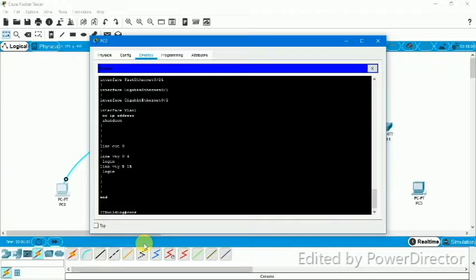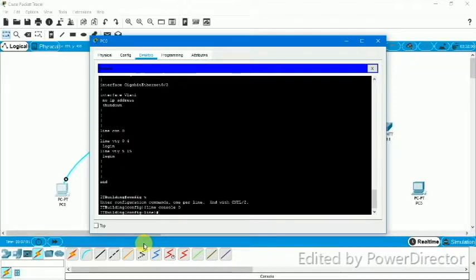So config T or configure terminal, then line console 0. 0 because in programming, we start counting at 0 and 0 represents as 1. So enter. So before we go to privilege, or in user exec mode, we need a password